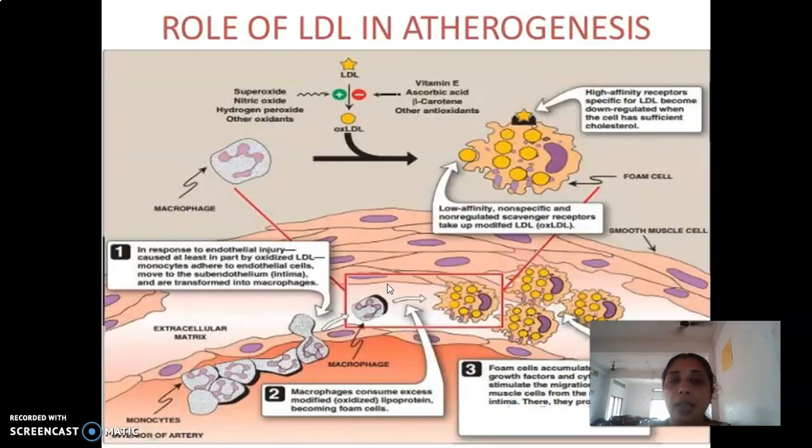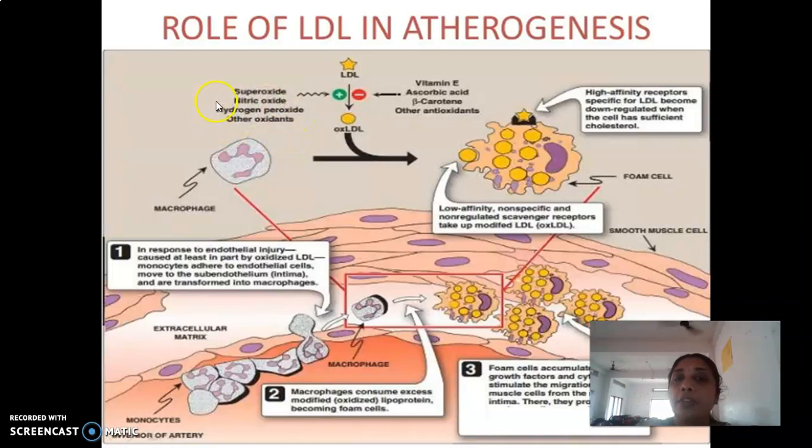Now another one: LDL is a bad cholesterol, because it is an atherogenic molecule, that is, it can induce thrombus formation, blood clots, and fat deposition in blood vessels. So the LDL molecule can undergo different types of modification. That is, LDL can be subjected to oxidation or glycation. When it becomes a modified substance, these modified LDL will be